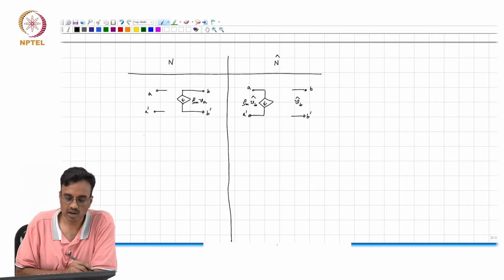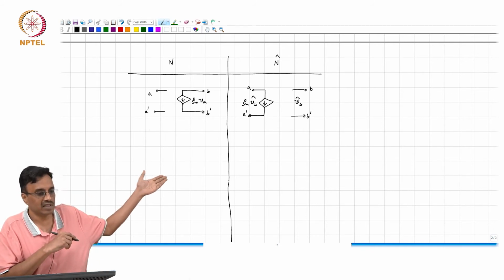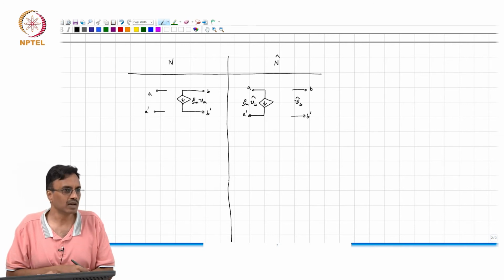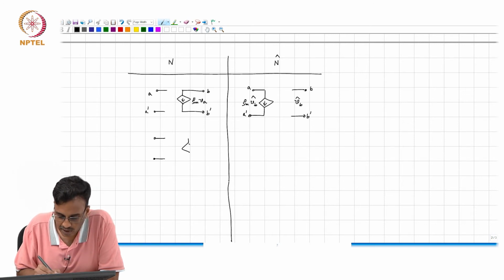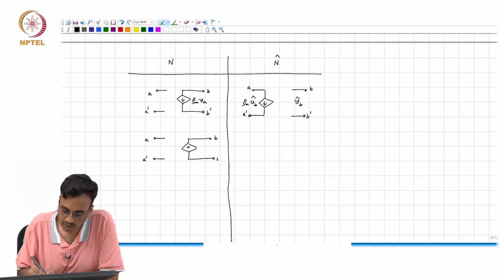Now, this is a voltage controlled current source. So, here we did the derivation and found this. You can do the same derivation for the other controlled sources. I will give that as a part of the homework, so that you are convinced, but I am going to only put down the final result here. Let us use our intuition to figure out what we are going to do. If the original network had a voltage controlled voltage source, so this is V_A, this is mu times V_A.